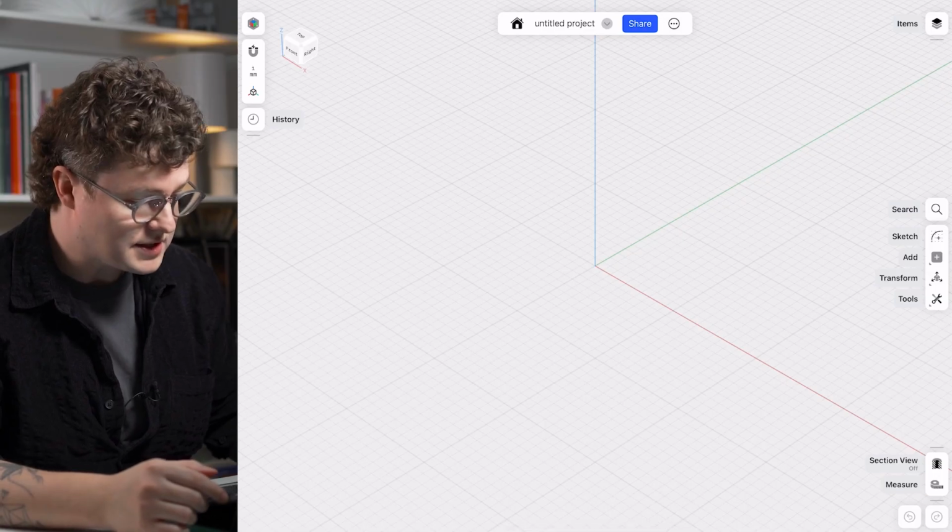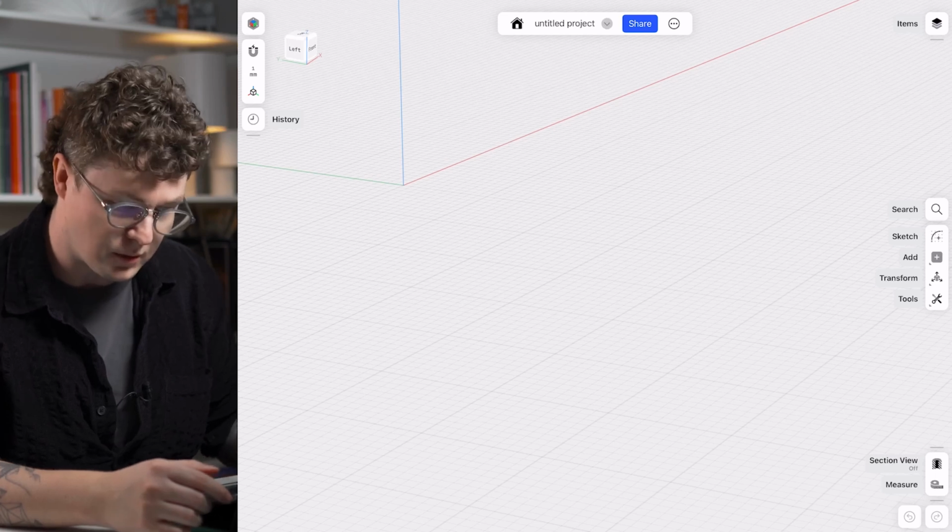What I like to do is sketch everything out first in 2D orthographic views before bringing it into the 3D software. That really helps me come up with so many different options, so many different iterations, without the need to think in three-dimensional space. So we're now in a brand new file, and I can come over and select the